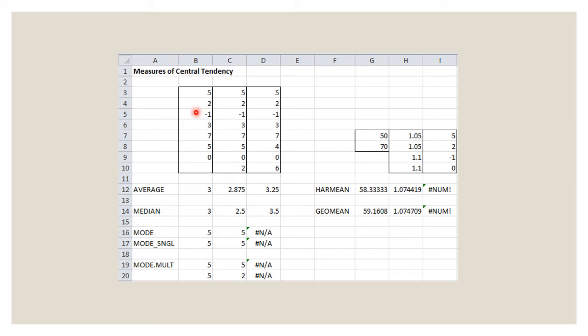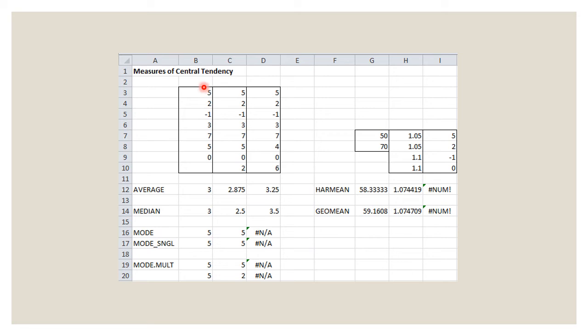Then you have to arrange it into ascending or descending order. After that, you can take the (n plus 1) divided by 2 equation. So if you are taking this one, 7 plus 1 is 8. 8 divided by 2 is